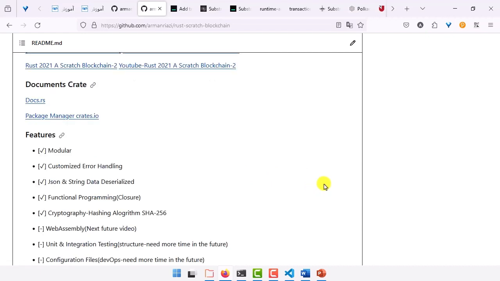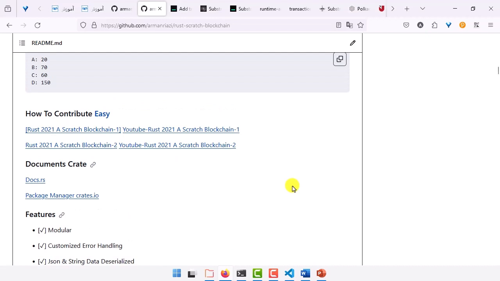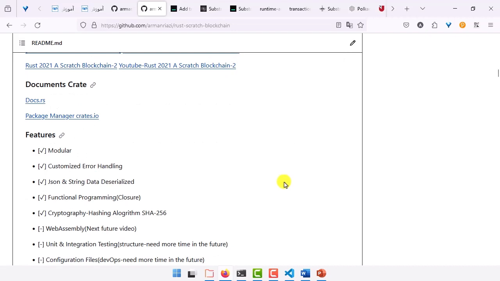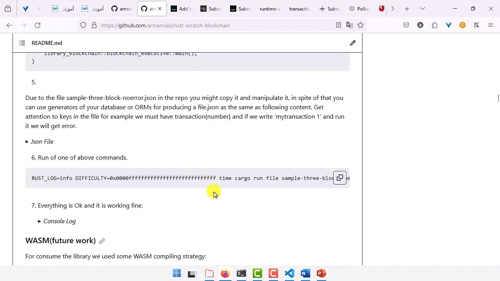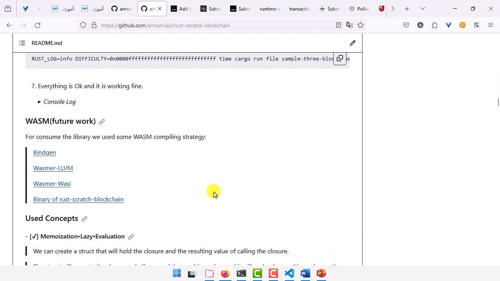But maybe someone asks me what's the difference between your repository and another simulated blockchain with Rust. I describe it here in the README, and you can study the document. For example, I use the Rc smart pointer instead of the Copy trait. And for the improvement of copy semantics, I use the Rc smart pointer in comparison with the Copy trait.